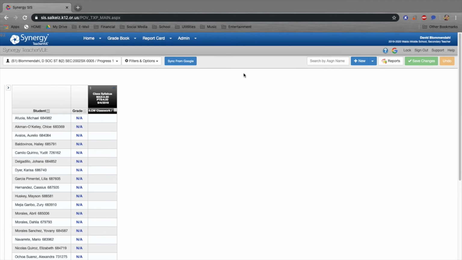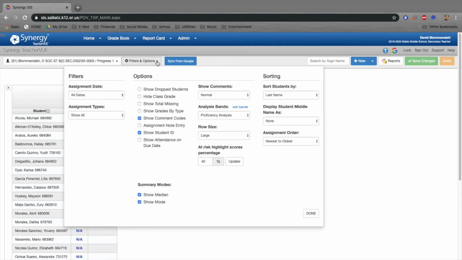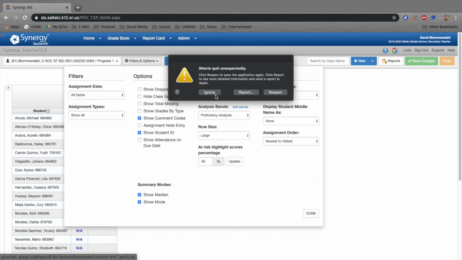All right, ladies and gentlemen, our last little trick is called the analysis band, and basically what this allows you to do is color code all of your grades. So under filters and options, you would go to edit bands, okay? And this is where you can create your analysis bands. So when I enter scores, they're not going to show up in the standard color you see on